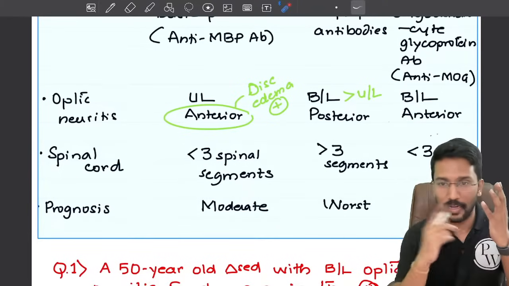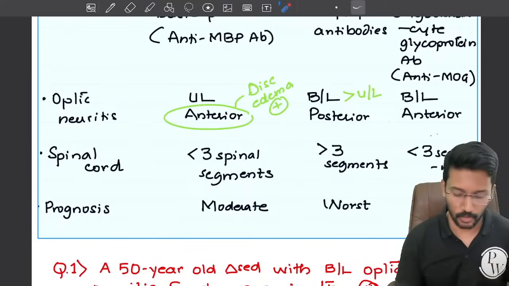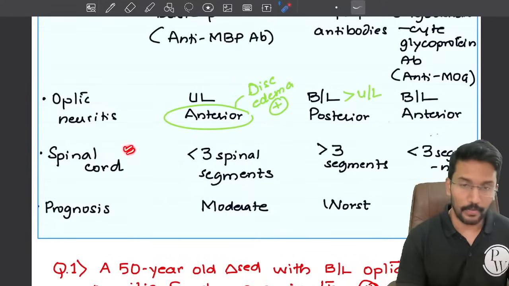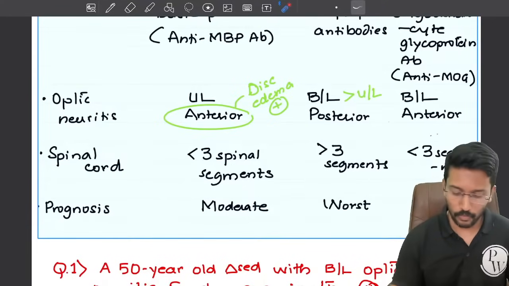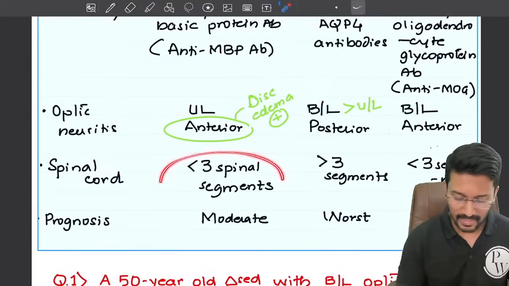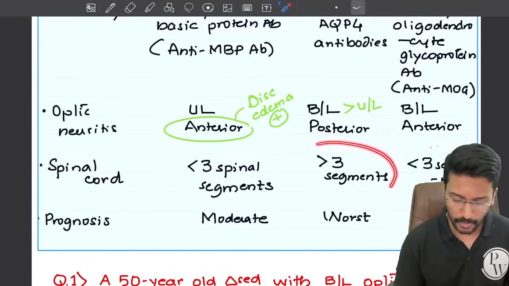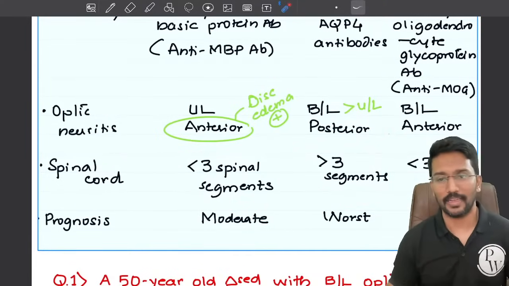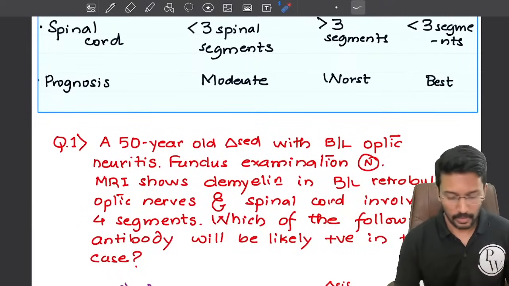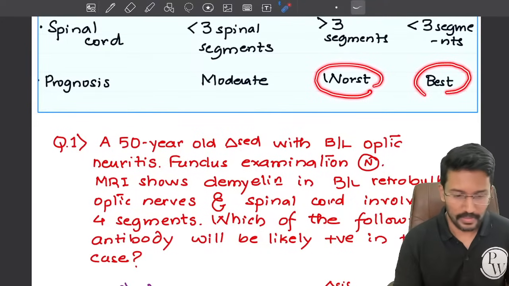If he has bilateral anterior optic neuritis, it is MOG disorder. If it is bilateral but posterior optic neuritis, it is neuromyelitis optica. And the next point is the involvement of the spinal cord. In case of MOG as well as multiple sclerosis, there will be less than 3 segment involvement. But in case of neuromyelitis optica, there will be more than 3 segment involvement. And last but not the least, in terms of prognosis, neuromyelitis optica carries the worst prognosis, MOG disorder carries the